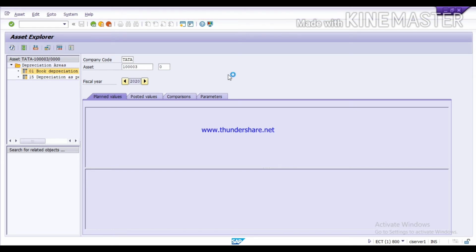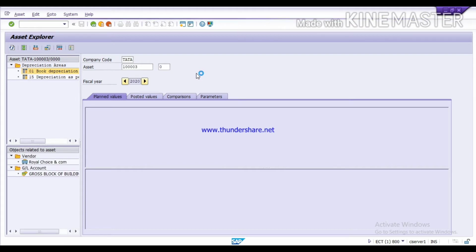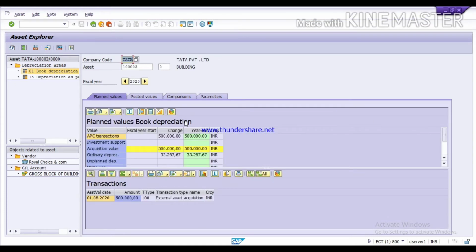The system is a little slow. Now you can see the report here.